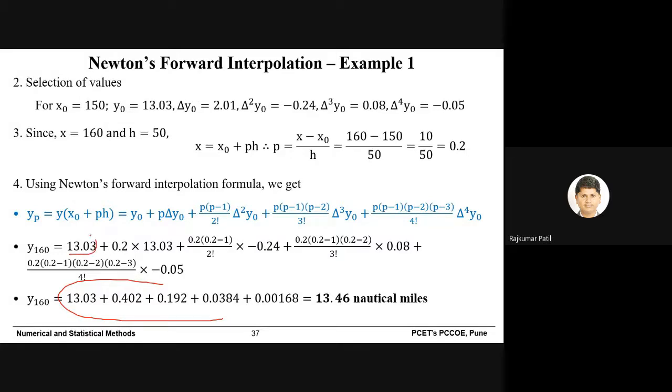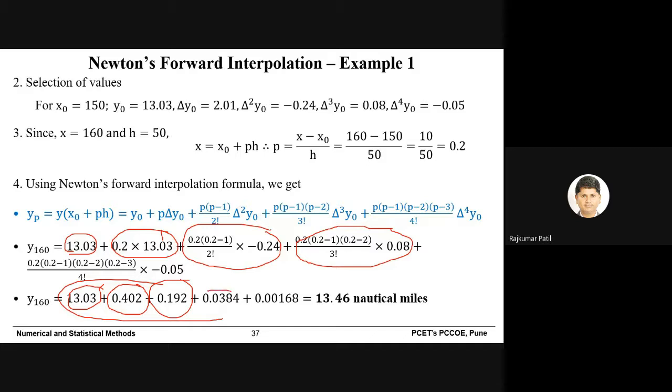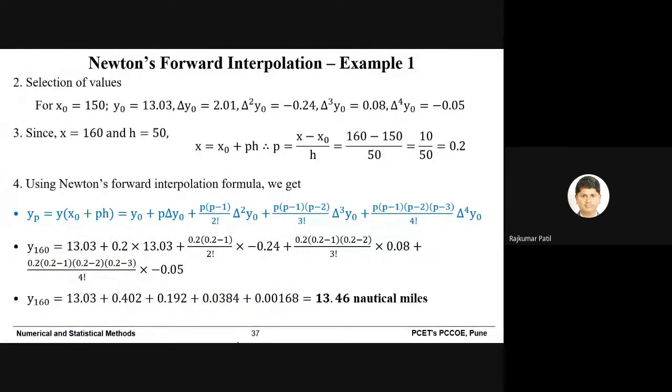Once again, I will check the first value. This is the second value. This is the third value. This is the fourth. Yeah, right. I took only the values from the table. Actually, I wanted to take the additional values as well, so that you will realize that whenever we go to the higher degrees, slowly the values will approach 0. This is the message I wanted to convey here.